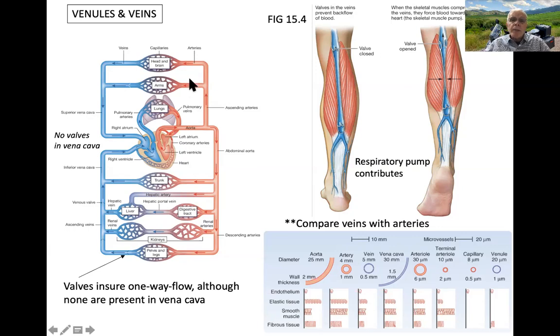But standing in place like that, hour after hour, day after day, week after week, the stress on these veins causes them to break down. And then it becomes a positive feedback effect, because if this valve here at the top breaks down, then you've got a larger column of blood exerting hydrostatic pressure by gravity down on the veins below it. So at any rate, there's a pressure gradient that moves the blood through the veins, but there's also